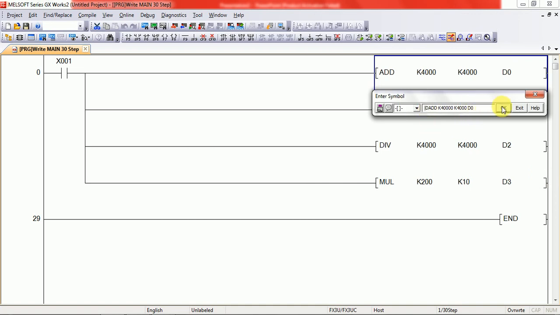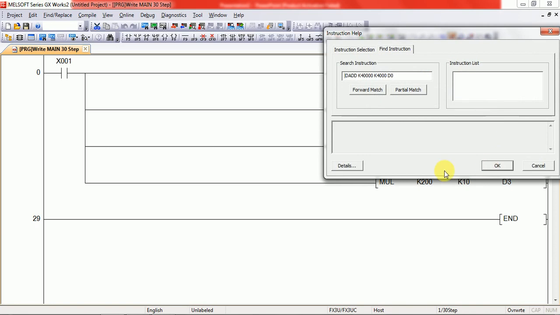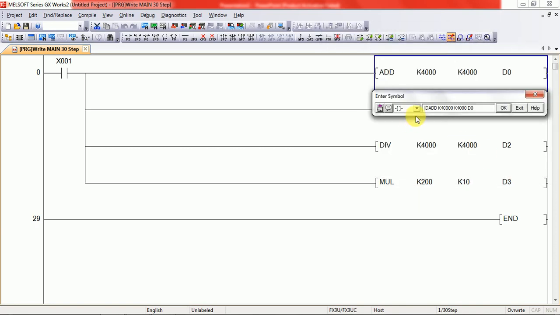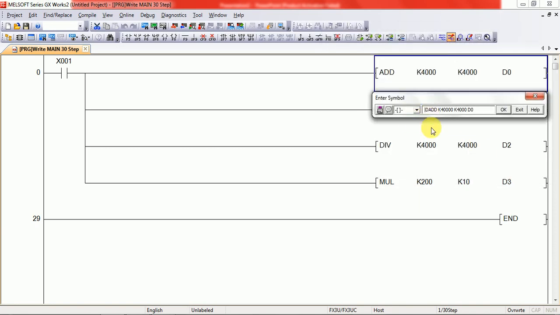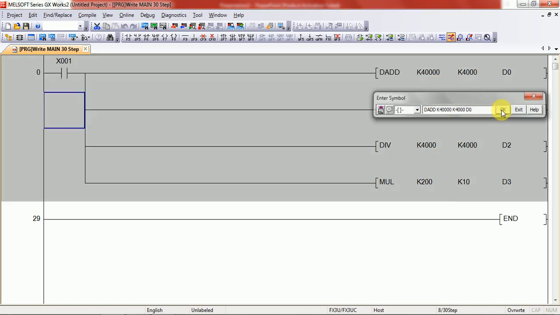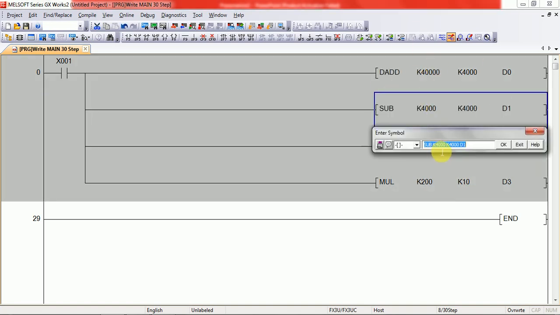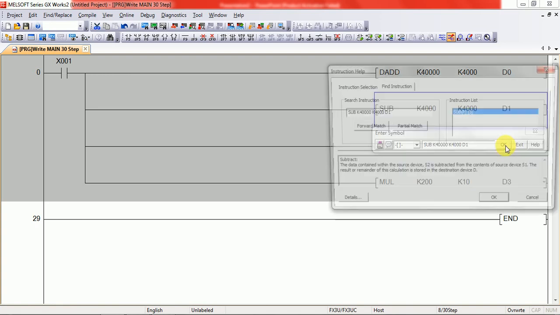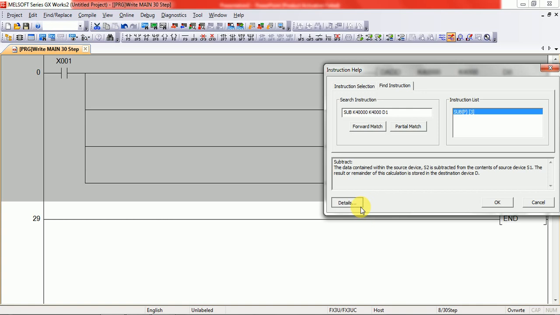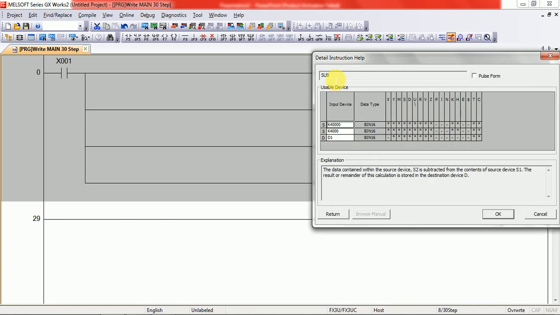Okay, DADD. Sorry, I pressed 1 here. Okay, DADD and press OK. Now PLC accepts this. Same here, if I use 40000, this is 32-bit data, and press OK, PLC gives an error. And the same error if you are using the SUB subtraction command, you have to use 16-bit data.